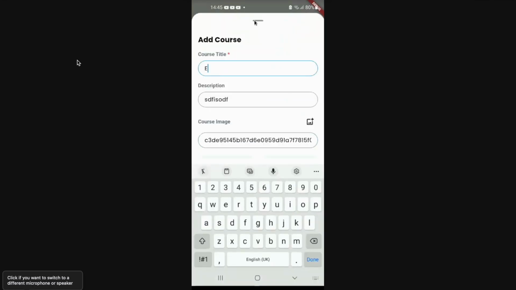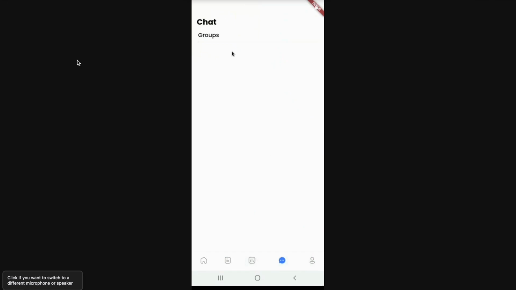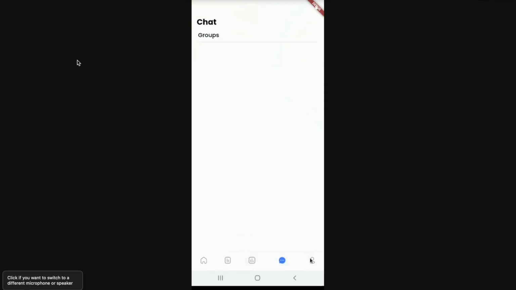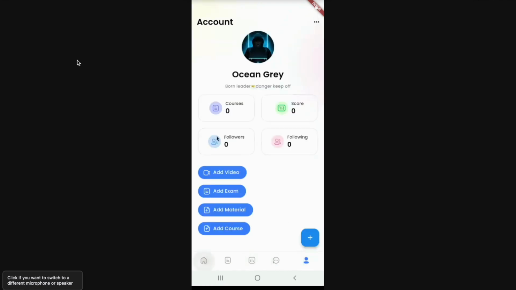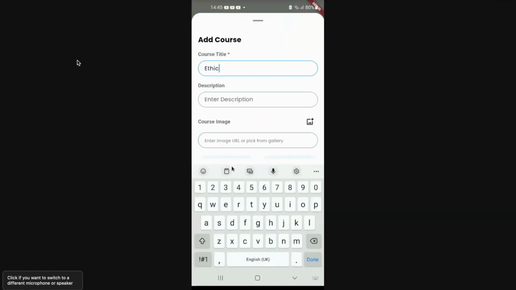Oh wait, before that, let me show you the groups. So far we don't have a group. So how the groups will be created is when we create a course, then automatically there's a group created for them. And we also send notifications to everyone as well. But then let me go ahead and create a course. So I'm going to call it ethical hacking course, and then we can say ethical hacking from beginner to